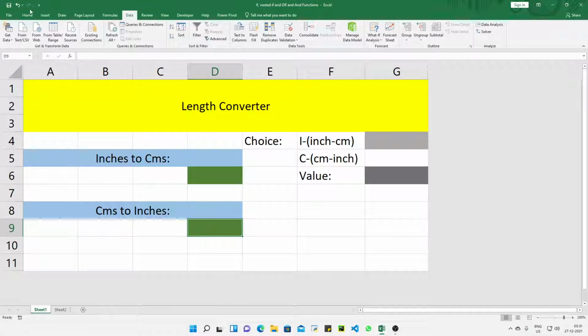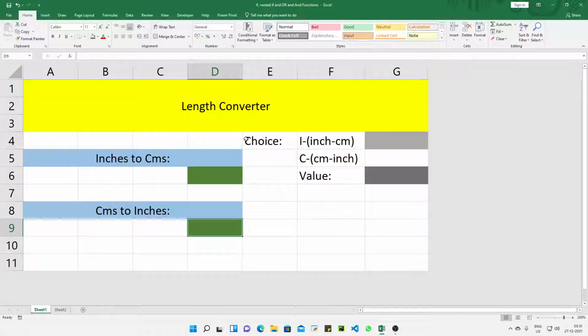To do basic data validation, always remember that whenever we have a limit on the data, we can always use data validation to reduce chances of making any errors while either typing in the data or copying and pasting it. There may be some errors when you copy something else, so it's better to always give a data validation there. So there are two choices here, either from inch to centimeter or from centimeters to inches.